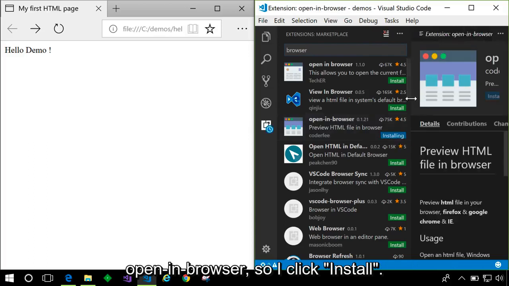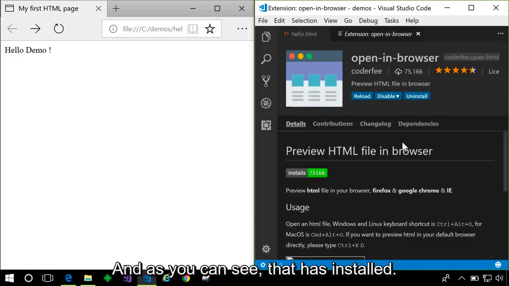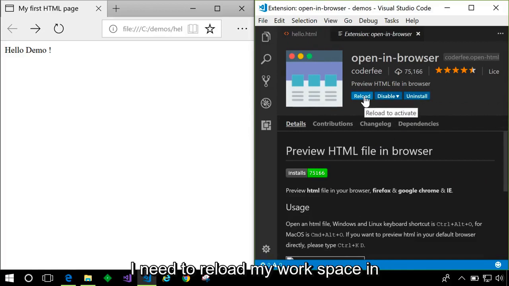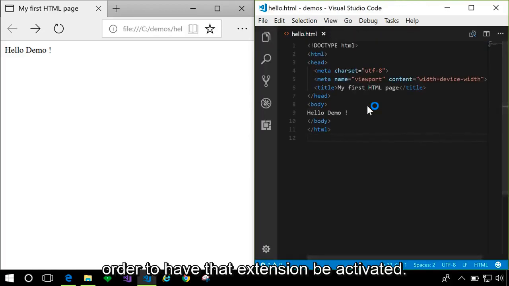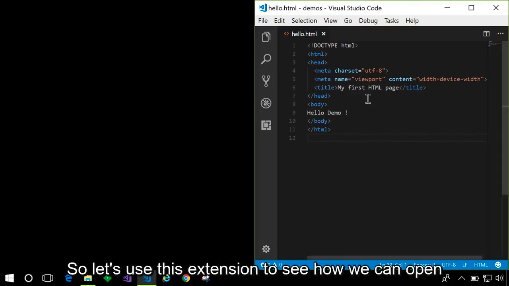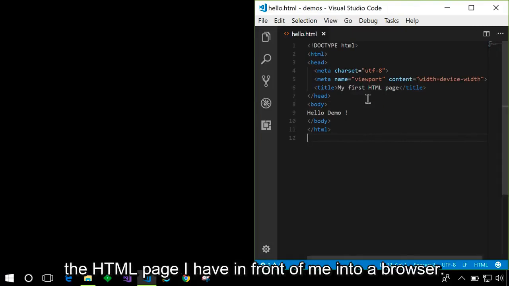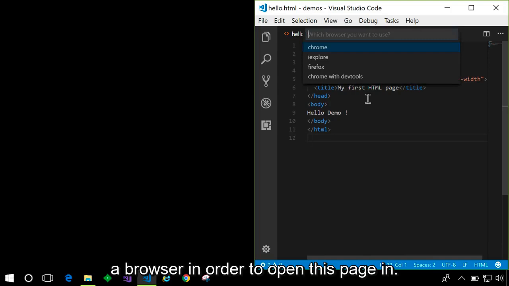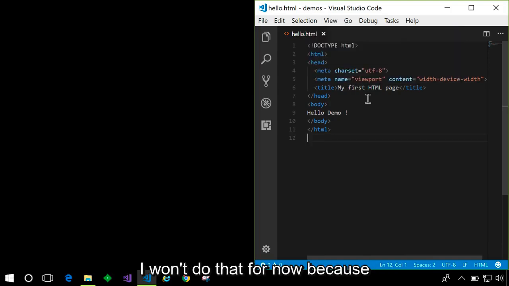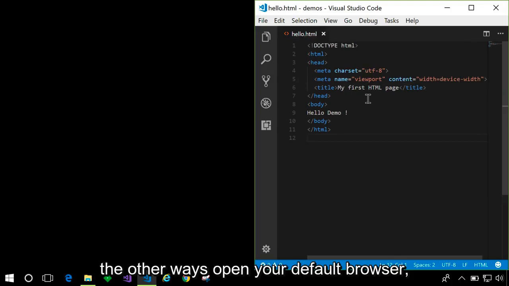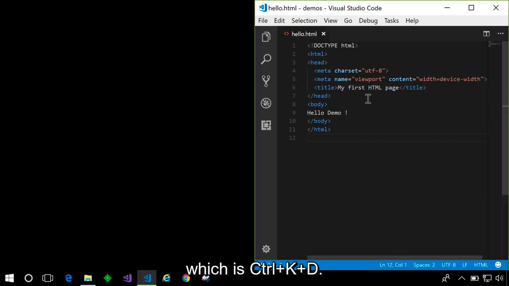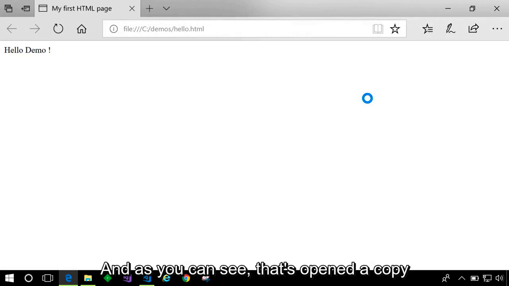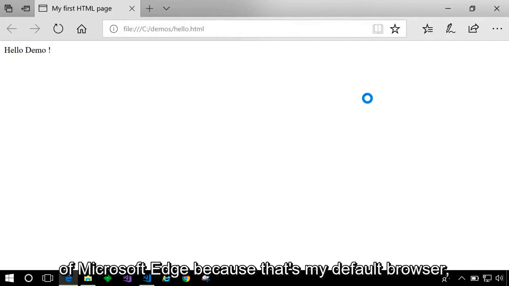So I click install, and as you can see, that has installed. I need to reload my workspace in order to have that extension be activated. So let's use this extension to see how we can open the HTML page I have in front of me into a browser. This extension has two commands. One is the Control-Alt-O command, which allows you to select a browser in order to open this page in. I won't do that for now because the other way is to open your default browser, which is Control-K-D. And as you can see, that's opened a copy of Microsoft Edge because that's my default browser,